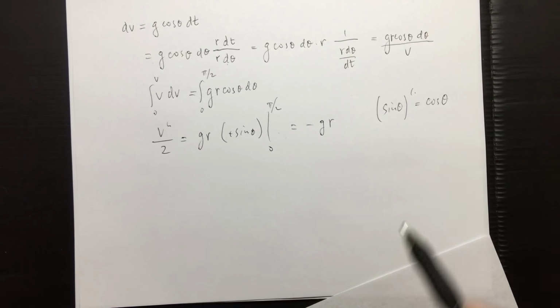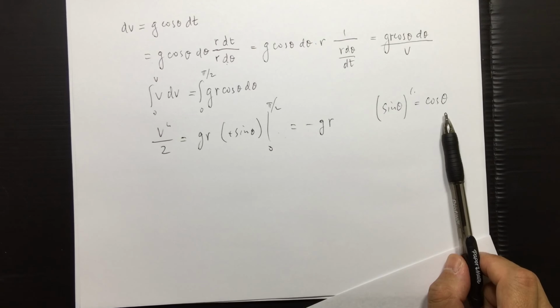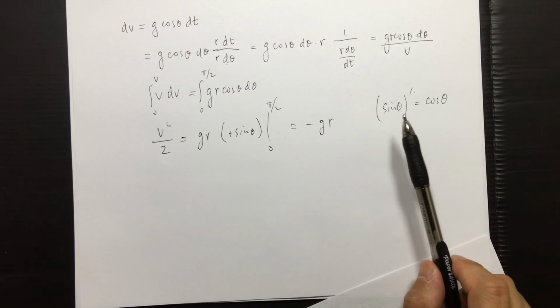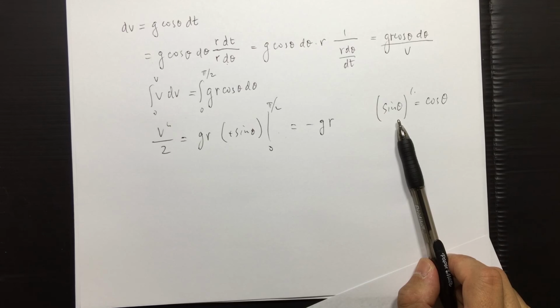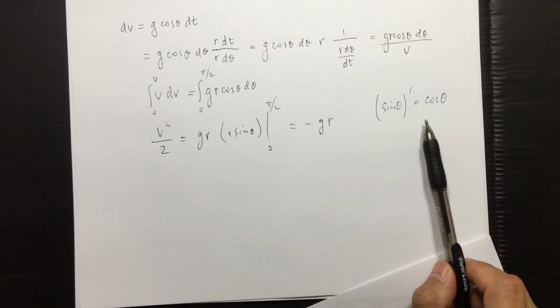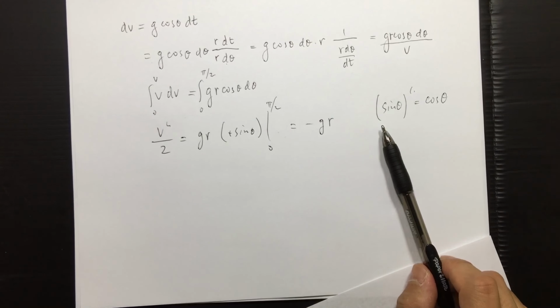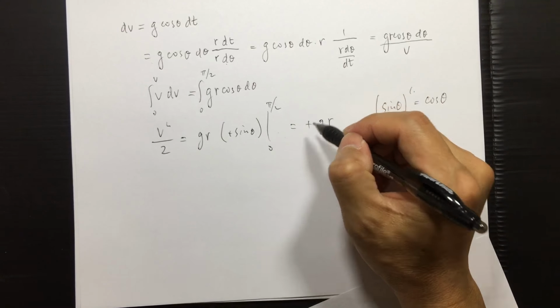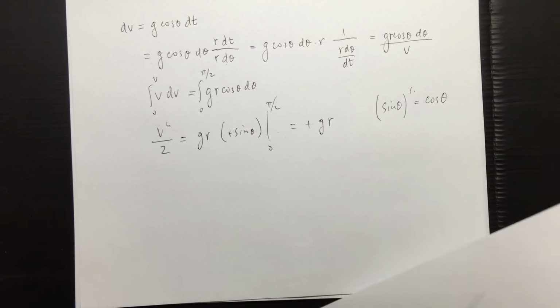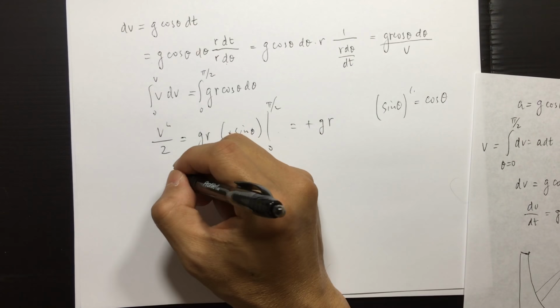Sine theta, take a derivative, is cosine theta. So cosine theta, take an integral, is sine. You're taking an integral, not taking a derivative, the other way around. So we don't have this minus sign problem. Now we have v equals to